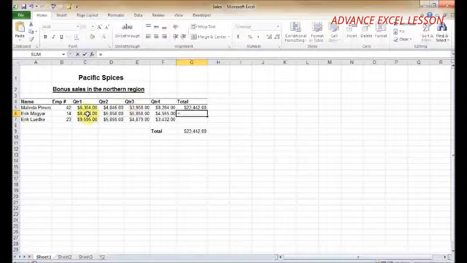Now with the mouse, I'm just simply going to click on C6. I've still got to type in the plus sign for my calculation here, but then I can simply click on D6. I'll hit the plus sign again, and then I'll click on E6, hit the plus key, and then click on F6. Now I'm done with my formula. I can hit enter, and it's going to give me